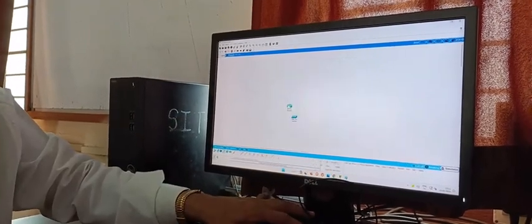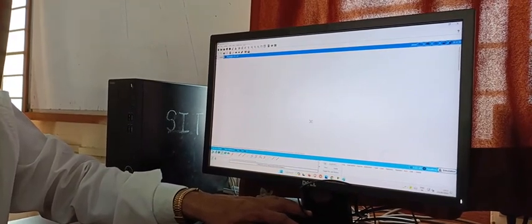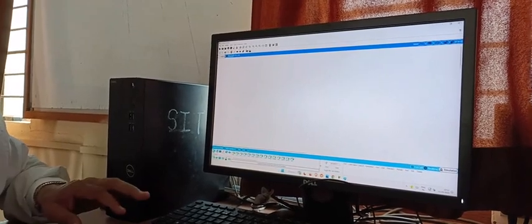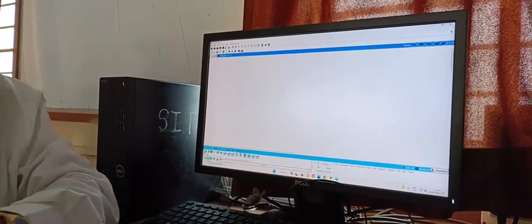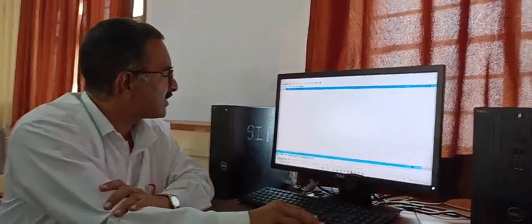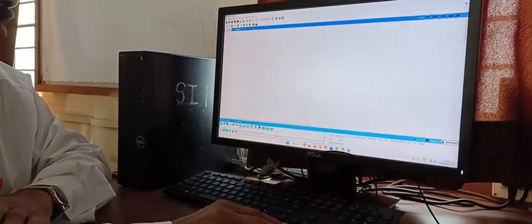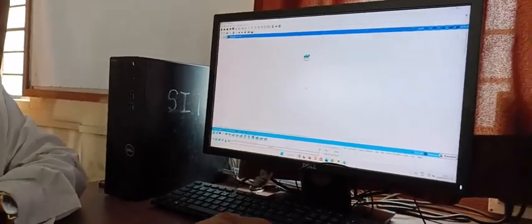Now I will give one demo, or I will show you how the network can be established. So here I am considering the network device, and from that initially I am selecting a switch, because I am considering a star topology network under the LAN. So I am considering the centralized device as the switch. Under that I am considering the first switch as the 2960 module. So I selected that device and placed it on this screen.